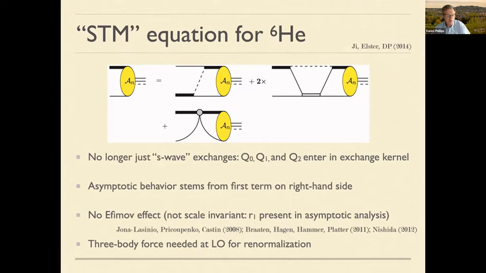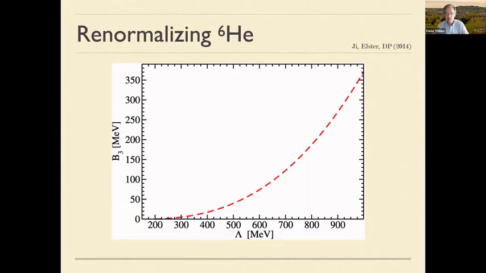And I think this is one of the beneficial features of Halo EFT, it allows you to separately identify the impact of different observables on helium-6 structure. So we solve, as I said, in a Faddeev or STM formalism, for the amplitude for helium-6 to break up into helium-4 and 2 neutrons. But if you do that, you discover that the Hamiltonian is unbounded from below. And so as you increase the cutoff on those 3-body equations, the 3-body binding energy goes to infinity.